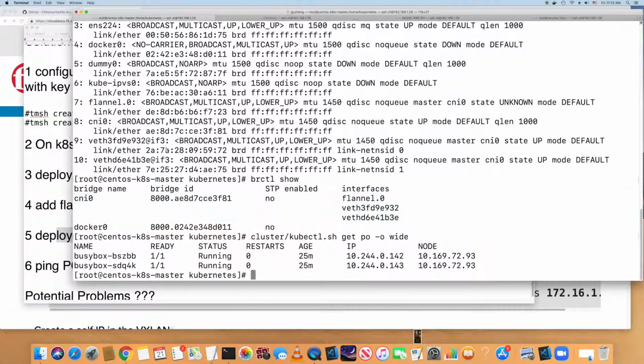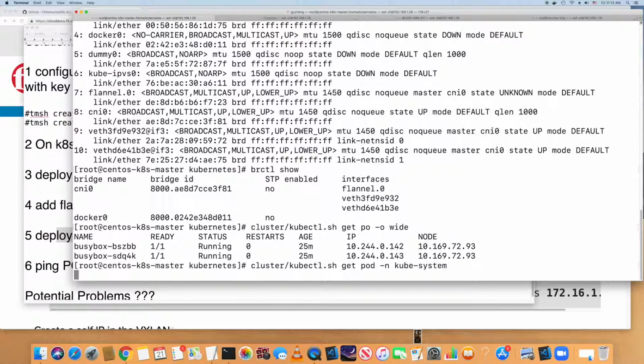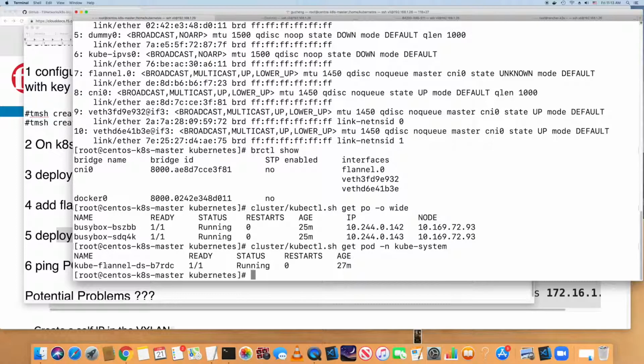I already deployed the BIGIP controller. Oh no, I haven't. Okay, so I'll deploy the BIGIP controller so it can populate